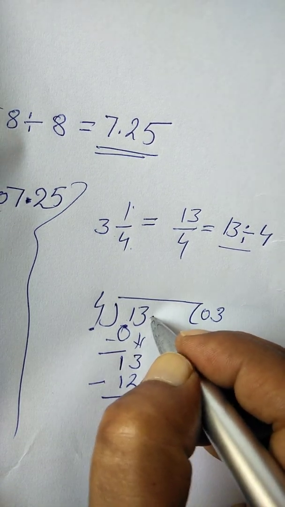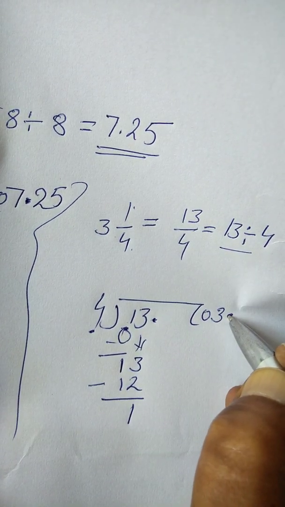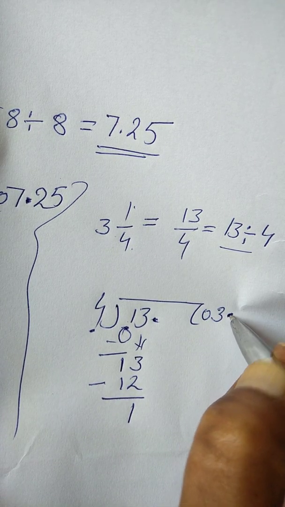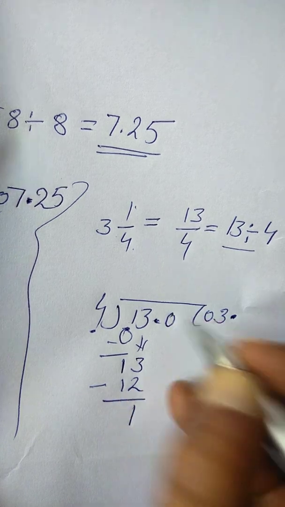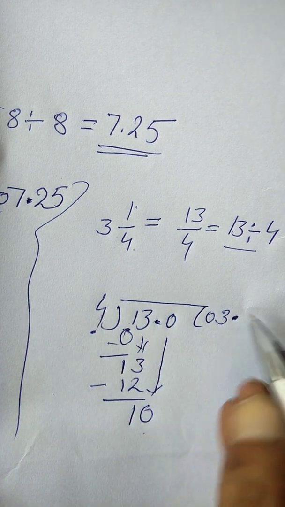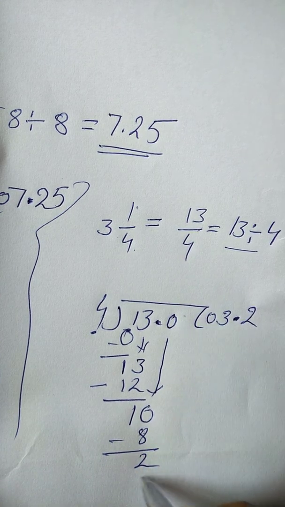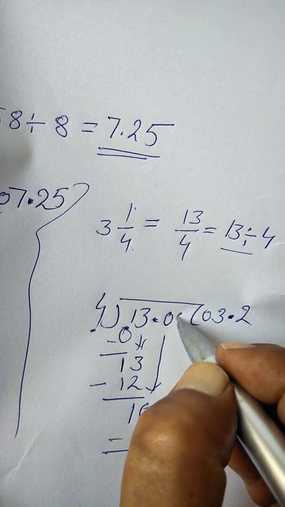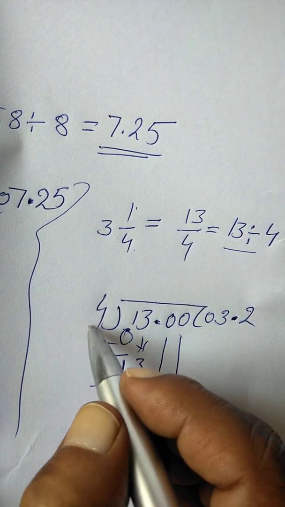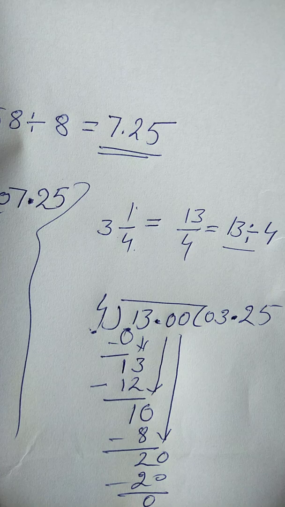So firstly you will put the decimal here. Take this decimal into the quotient. This is the turn of decimal, so you put the decimal in the quotient. Now add 0 and down it. Beside the table of 4 again, 4 twos are 8. Subtract it, you will get 2. Now the remainder is again 2. So you will take another 0 and down it. Now again beside the table of 4, 4 fives are 20. So your remainder is 0.